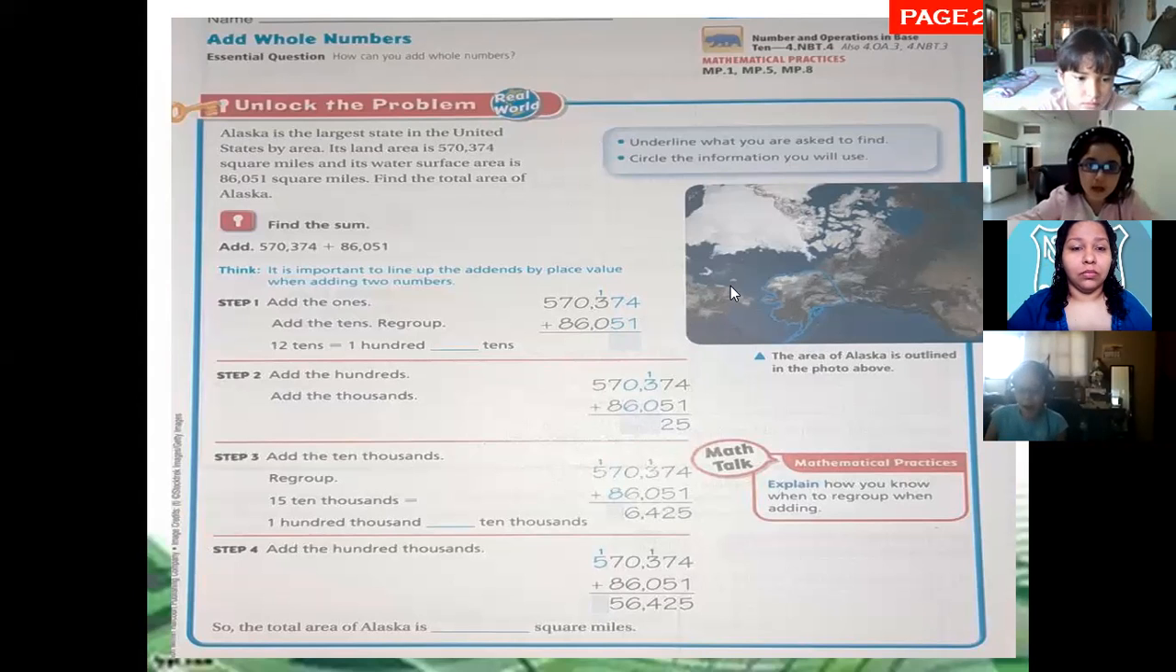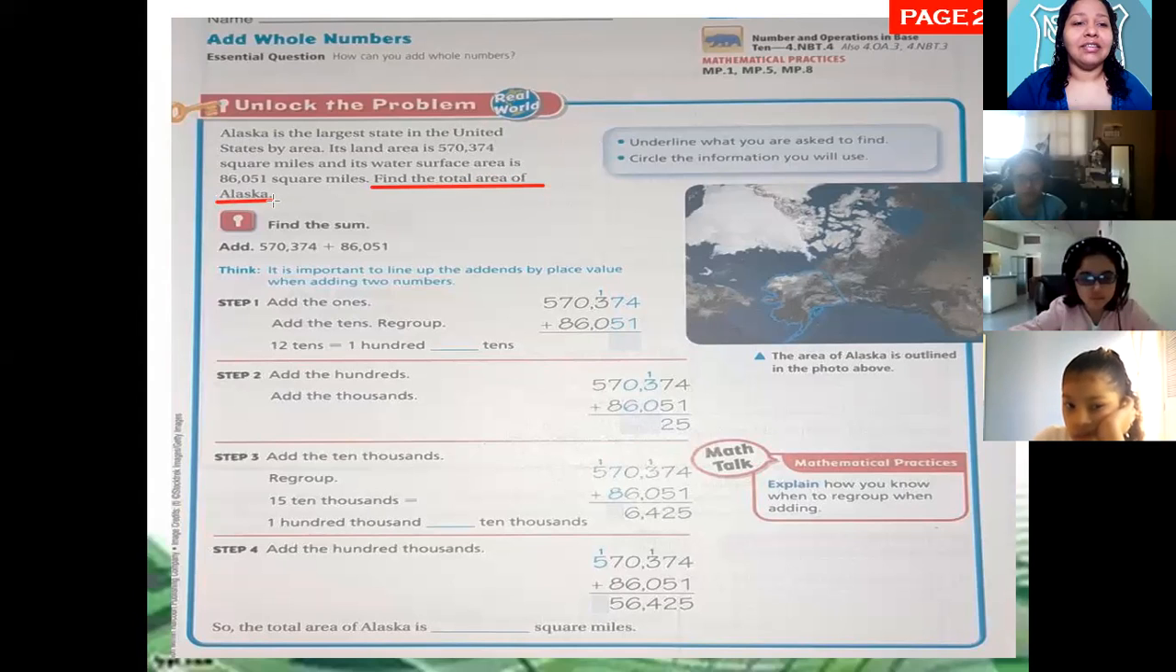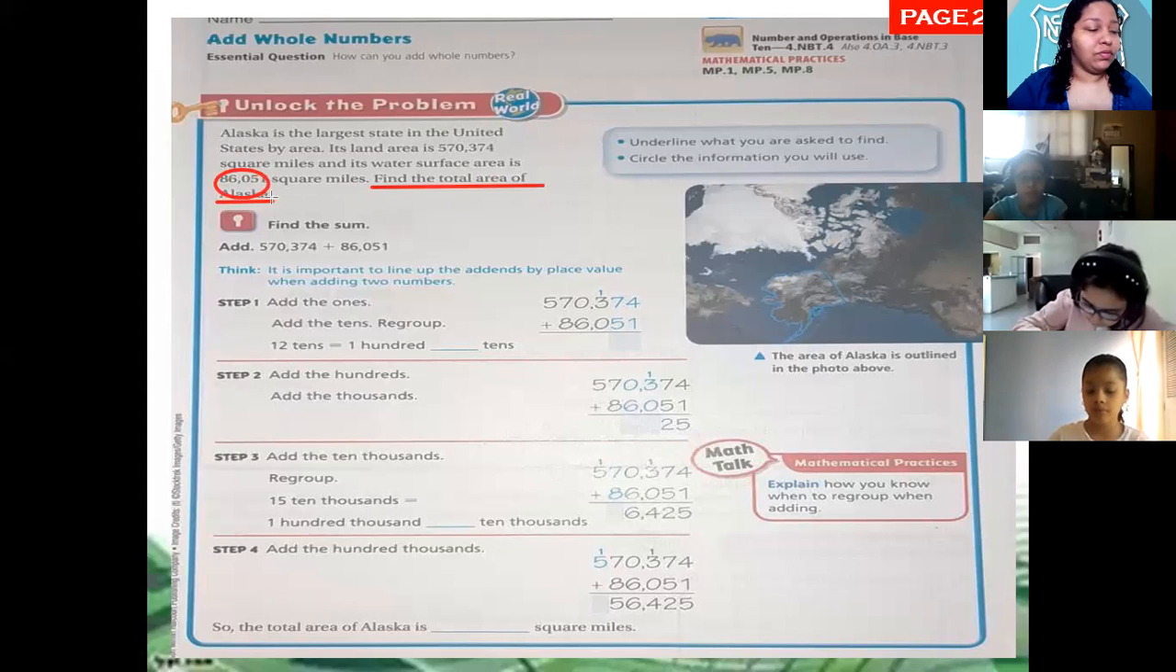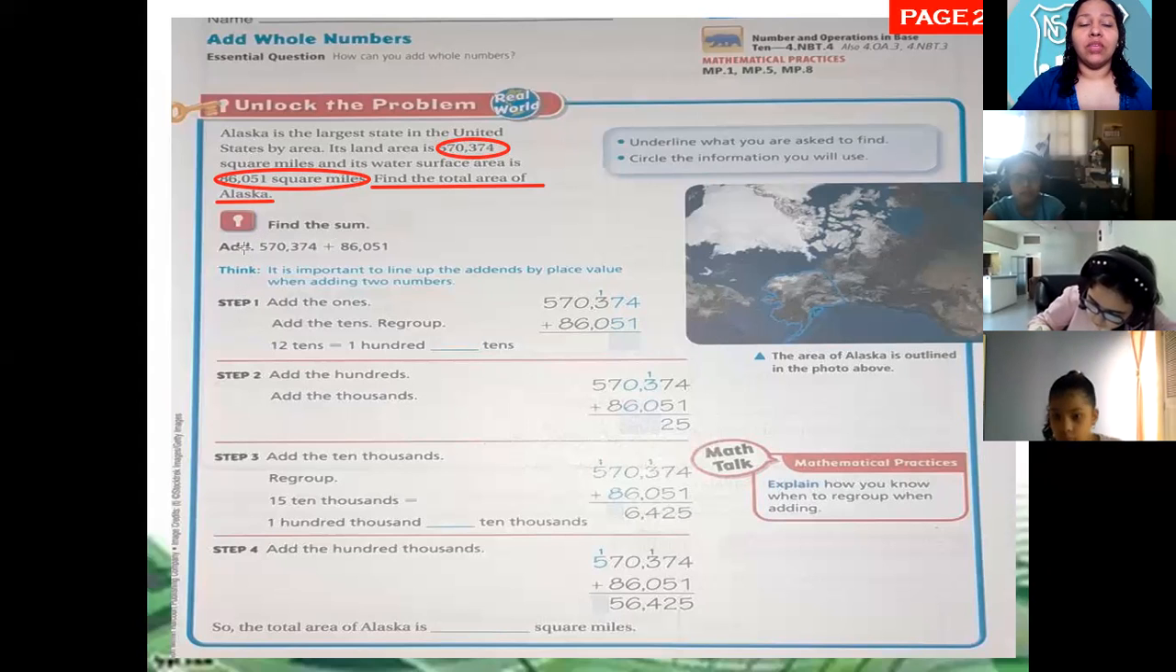Andrea. We have to find the total area of Alaska. We need to find, right? This is what they are asking us. They say to circle the information you will use. Well, over there it is very easy to find because we need to find this and we need to find this. Okay, so let's find this sum. If you see over there, we are going to make an addition of